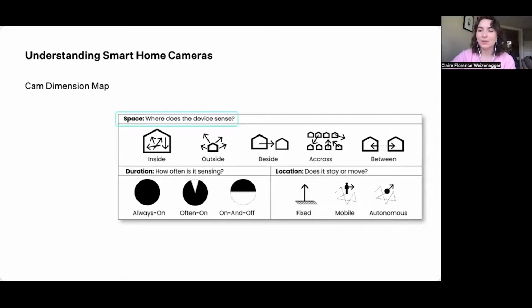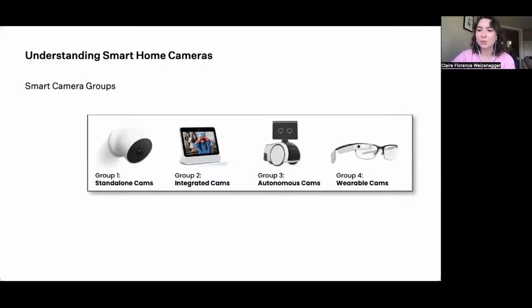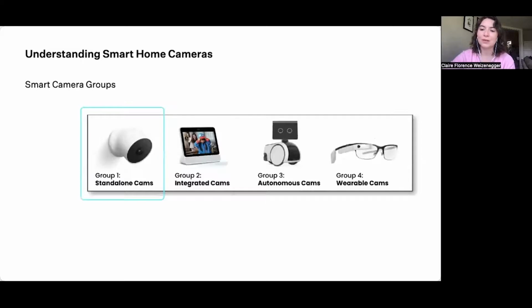The space, where does the device sense? The duration, how often is the device sensing? And location. Is the camera fixed, mobile, or autonomous? Throughout the process, we distinguished four key groups of smart cameras. We ultimately focused on designing for standalone cameras, group 1, because these devices are both very common, accessible, and significantly impact adjacent actors' privacy. However, we still kept an eye out for overlapping opportunities to improve privacy for other camera